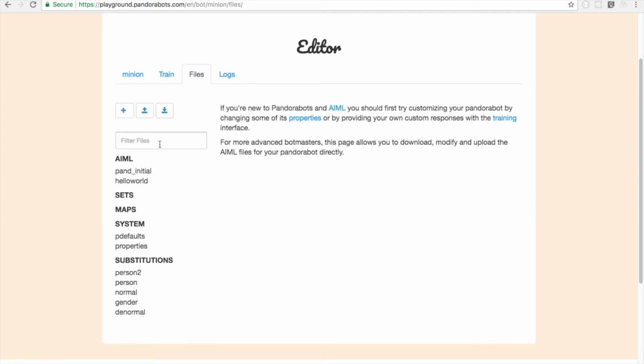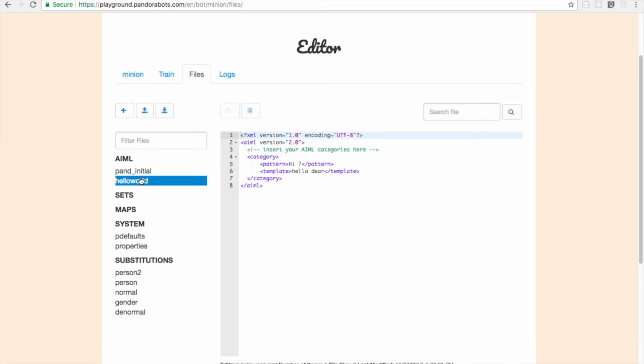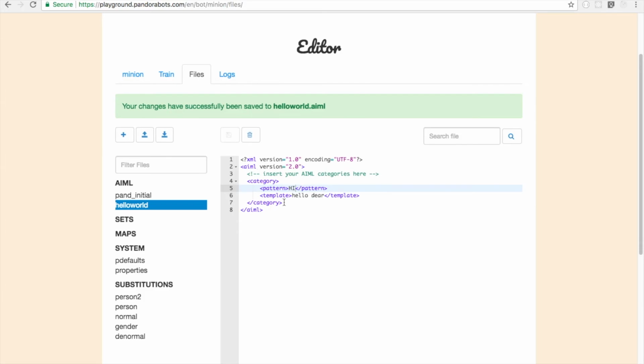So it's always good practice not to put punctuations inside the pattern. And a highly recommended practice is to always use capital letters inside the pattern. It's just a recommendation, not mandatory. Okay, that's nice. Let's save it.